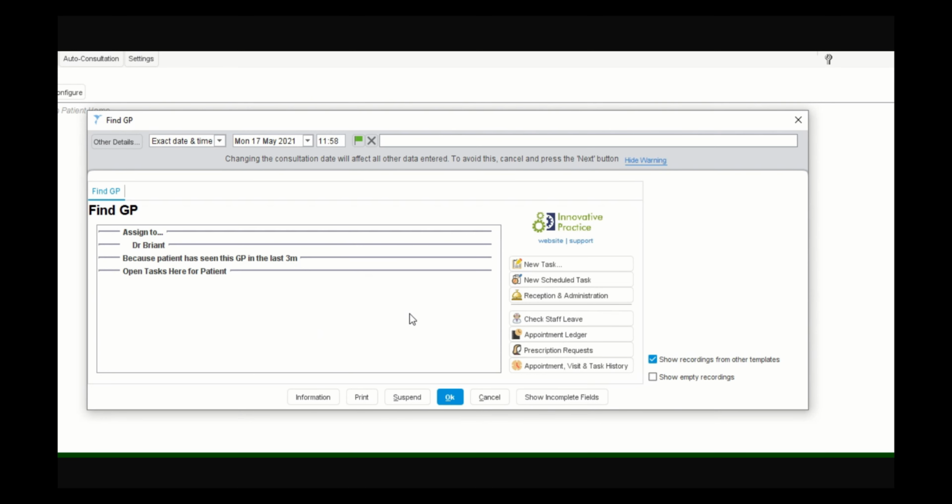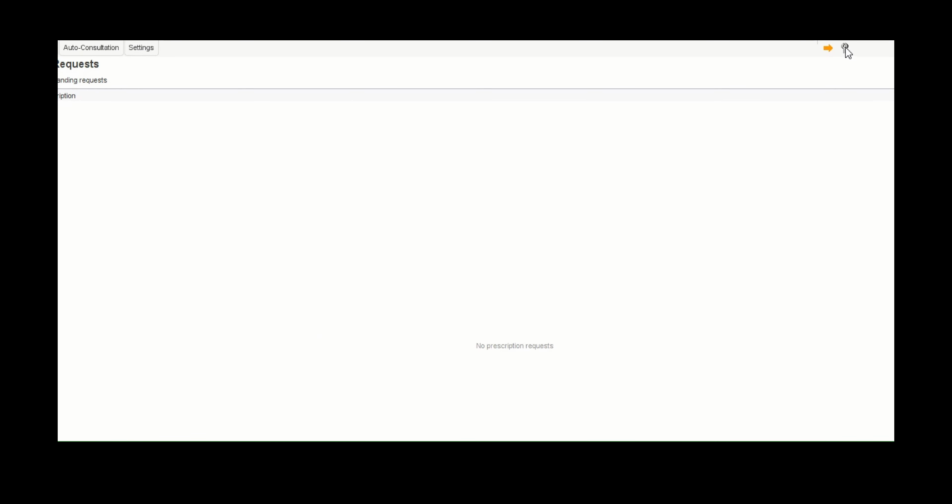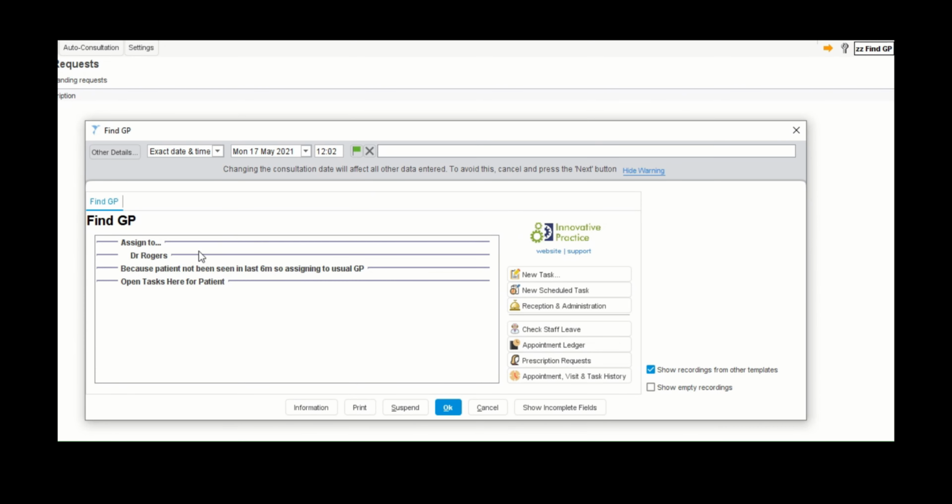Let me show you on one of those. Click to launch, assign to, and the name of the doctor, and this time it explains the patient has not been seen in the last 6 months, so assigning to the usual GP. So that's it. Very simple system, but potentially a game changer for how work is moved around and directed within